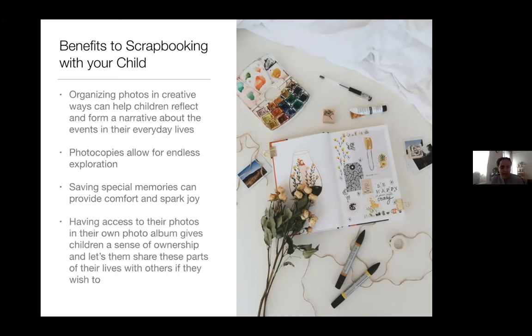Also having access for children, they're making their own photo album. Having access to their photos in their own photo album gives children a sense of ownership and lets them share these parts of their lives with others if they wish to. So often, I know for me, I keep my photos on my phone half the time, or on the computer, and they're just in files.